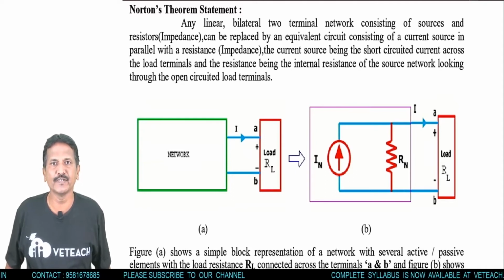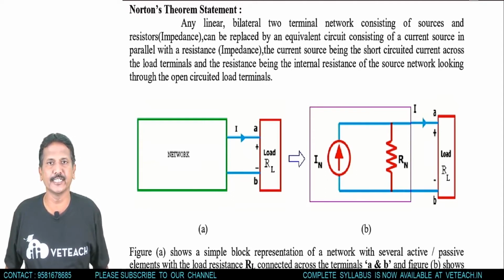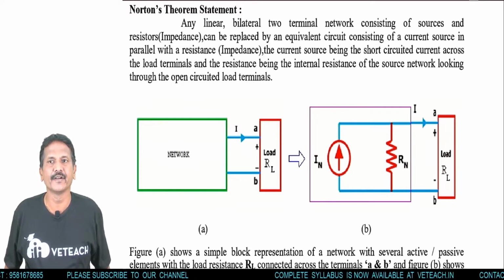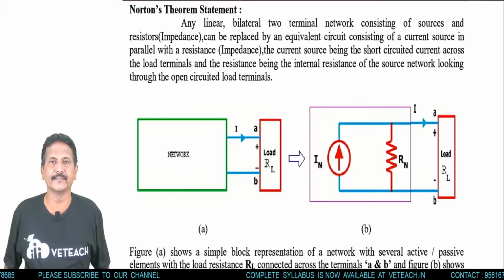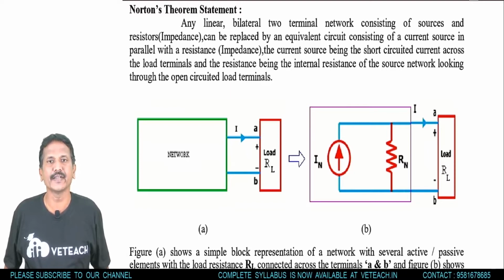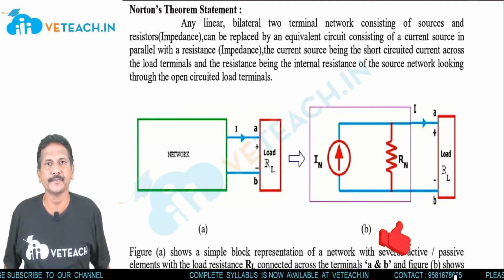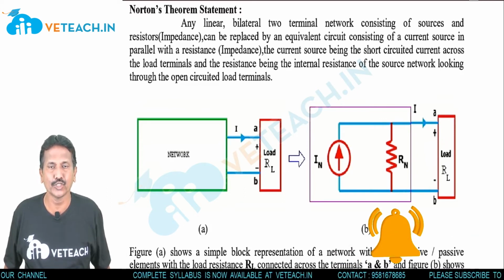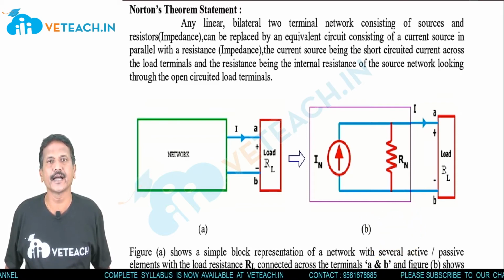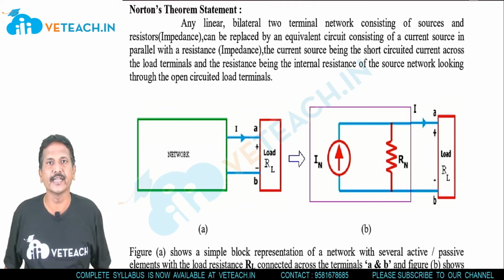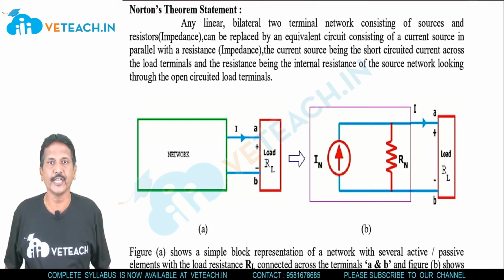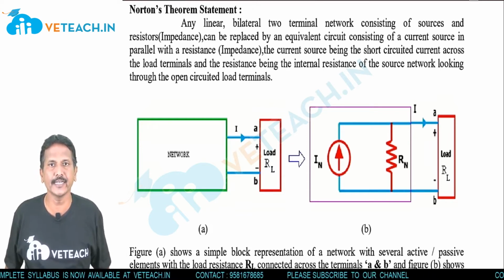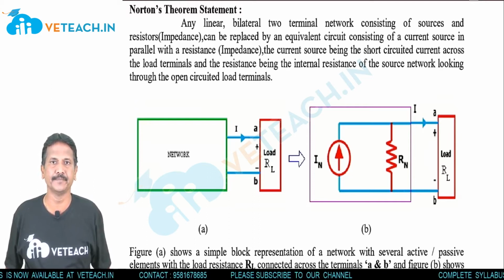Norton is a scientist who gave this theorem. That's what we are saying as Norton's theorem. In Norton's theorem, we will find an unknown current. Whatever network is given across the load, in that network, we short the load resistance and find a current. That current we are saying as a Norton current. In Norton's theorem, we will find a new current. That current is Norton's current, as well as the Norton's resistance with an equivalent circuit diagram.